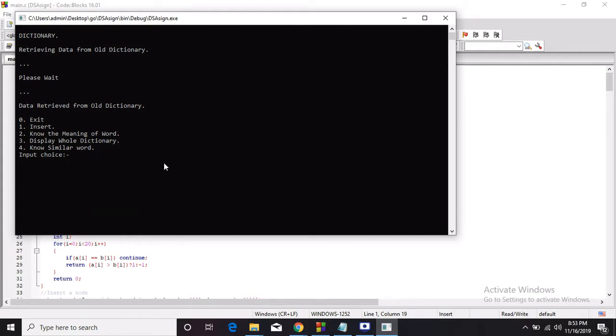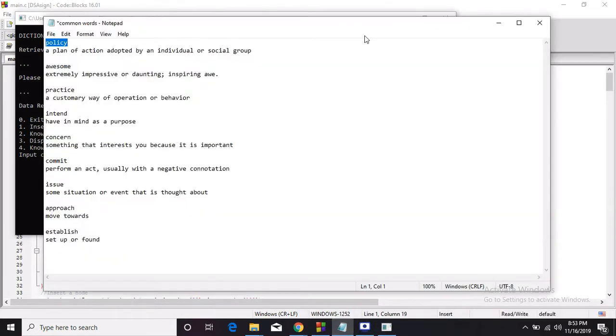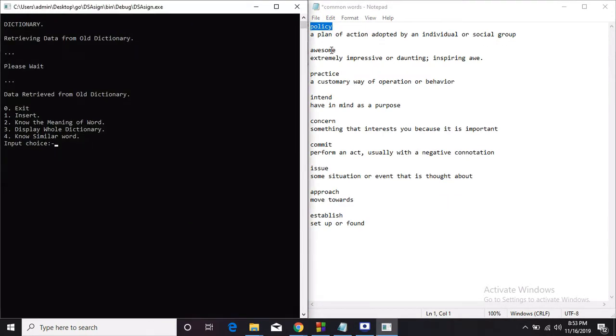So let us quickly execute all of them. For inserting, I have already got a notepad file which consists of the words and their meanings, so I can directly use it to insert some words in the dictionary.